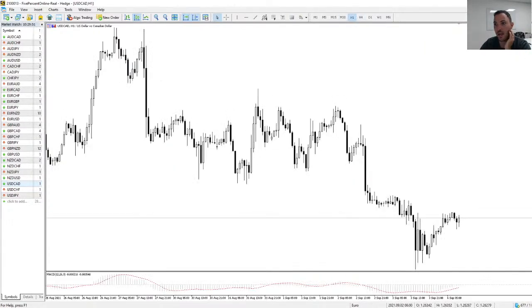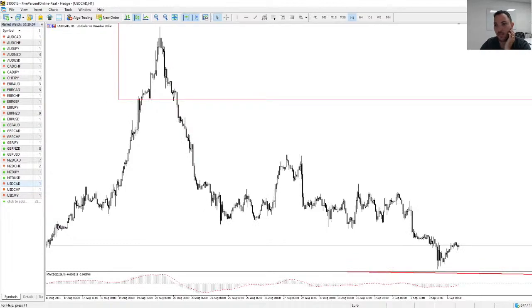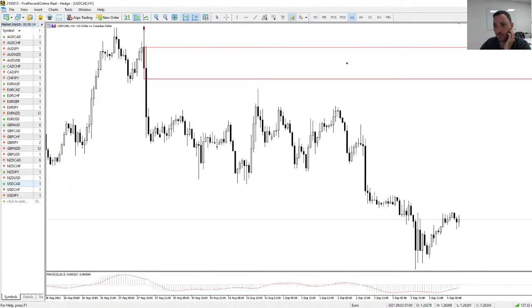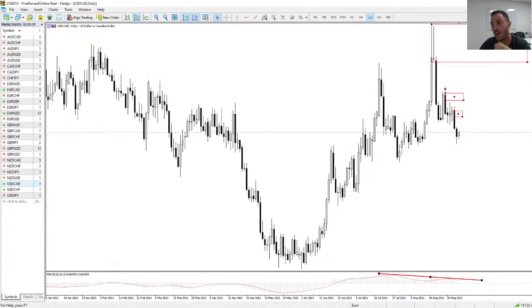Let me go see the hourly to see if we can find another one. So there's supply here, but it has been consumed. There might be some supply here. I don't like this one that tested the supply. That's not my favorite one, but I do like this one. Right now, actually, I would like to see a pullback, maybe to this one or this one, but ideally all the way to this one, and then going short. If that happens,